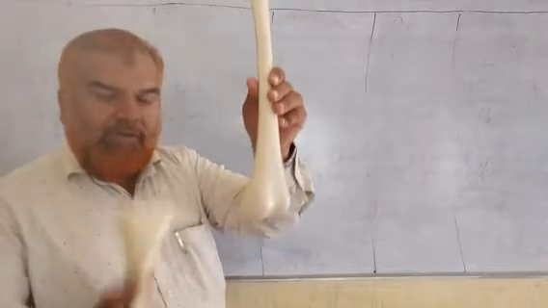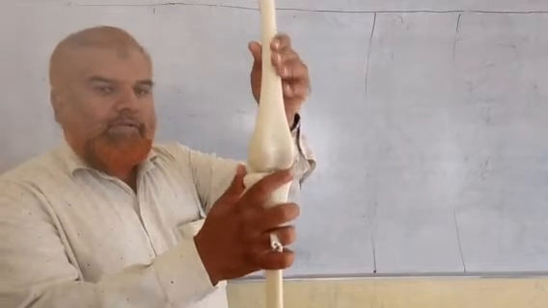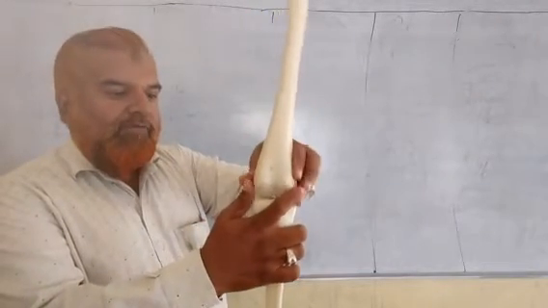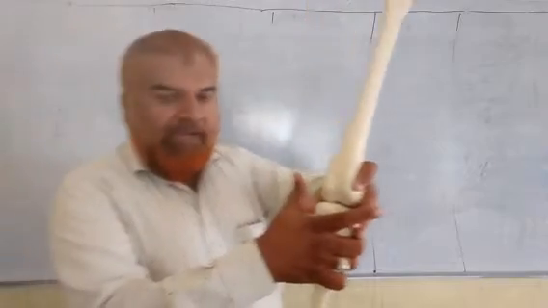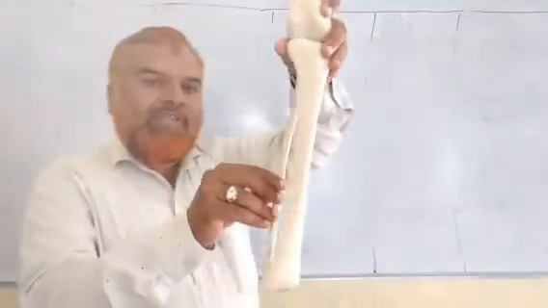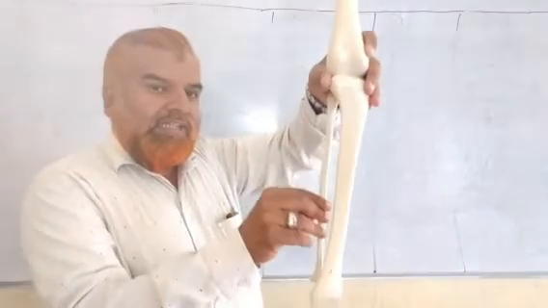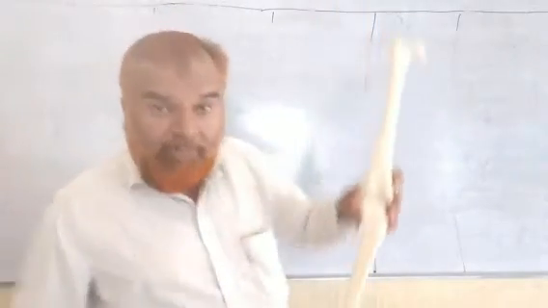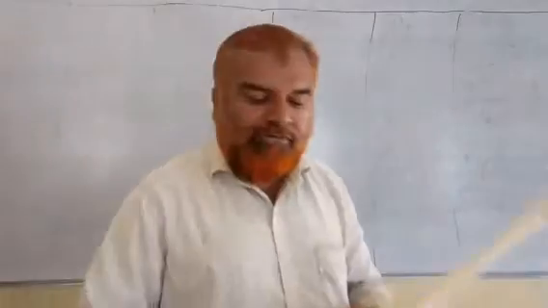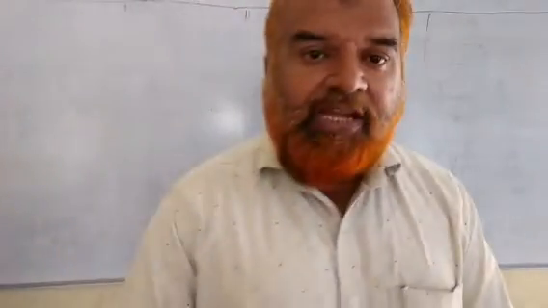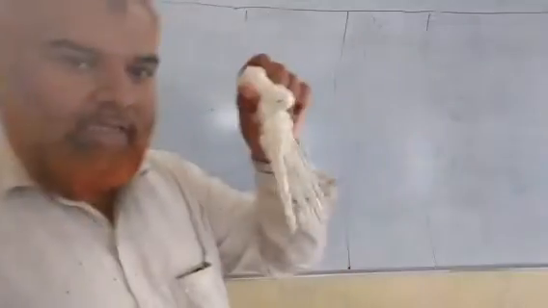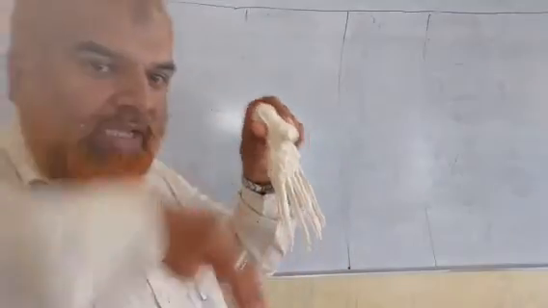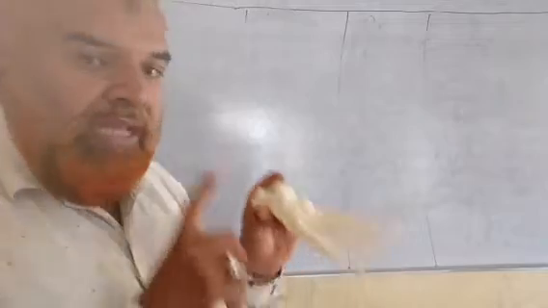So this is the femur bone, the longest bone. Then this bone comes here, fibula. Behind that bone, one more bone comes, that is known as tibia. Like this, two bones. Below the patella, below the kneecap, you have two bones. After that, this is the leg. Clear?